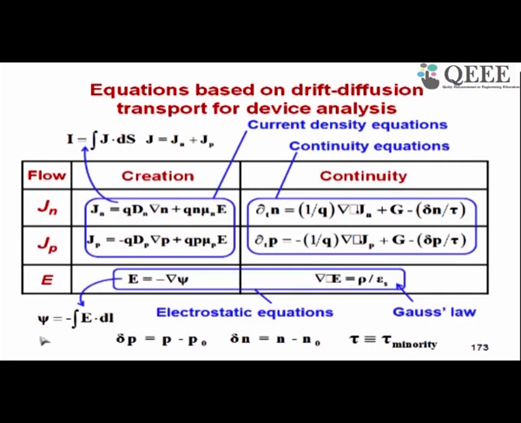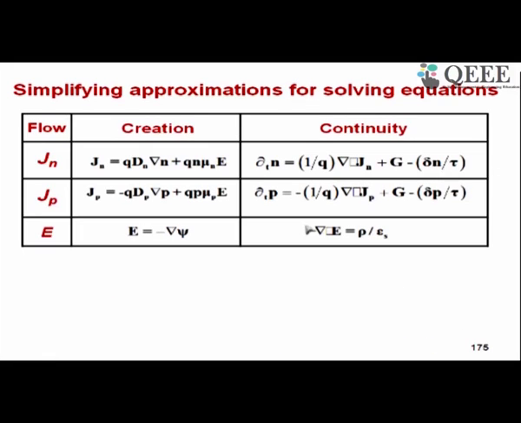Now there are too many equations and too many terms in the equations. Normally in any given situation, all terms will not be present. So we make a lot of approximations and simplify these equations. Some of the approximations are shown here. Under equilibrium, Jn and Jp, these two left hand side terms become 0. G here becomes 0 in continuity equation, delta n and delta p, excess carrier concentration also becomes 0. So you can see that continuity equations need not be used at all in equilibrium, and these equations, the left hand side is 0. So that is how simplifications happen.